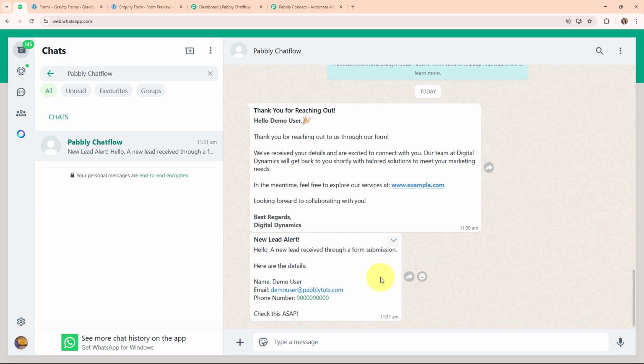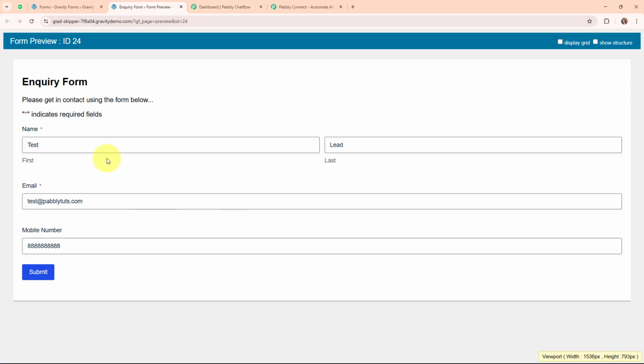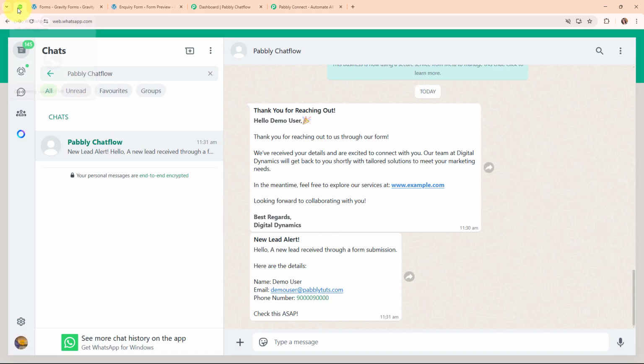So here I've already built an automation where I've connected my Gravity Forms with my Pabbly Chatflow account using an automation software. And now firstly, in this video, we are going to see the working of this automation by simply making a form submission using this Gravity Form. So my objective is, as soon as I make a form submission over here, then automatically, using the details, an automated WhatsApp message should be sent to my lead on their WhatsApp number, such as this, that says,